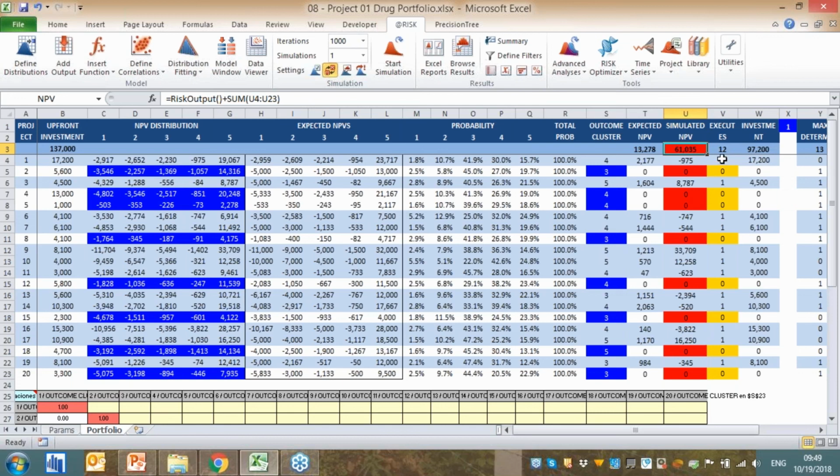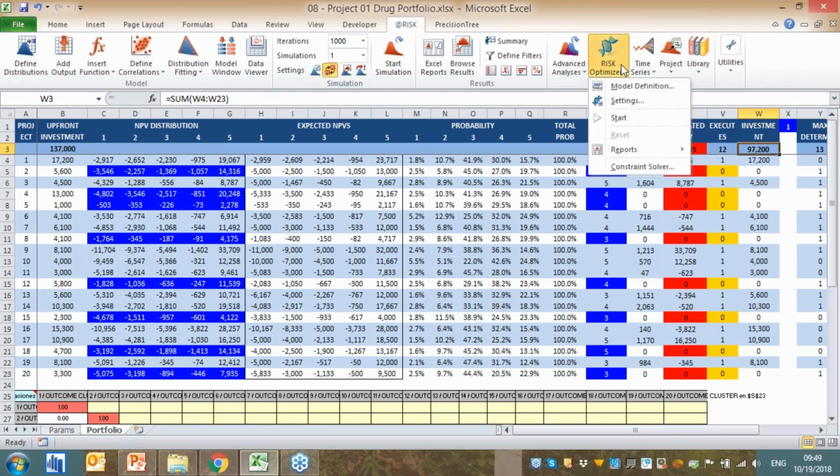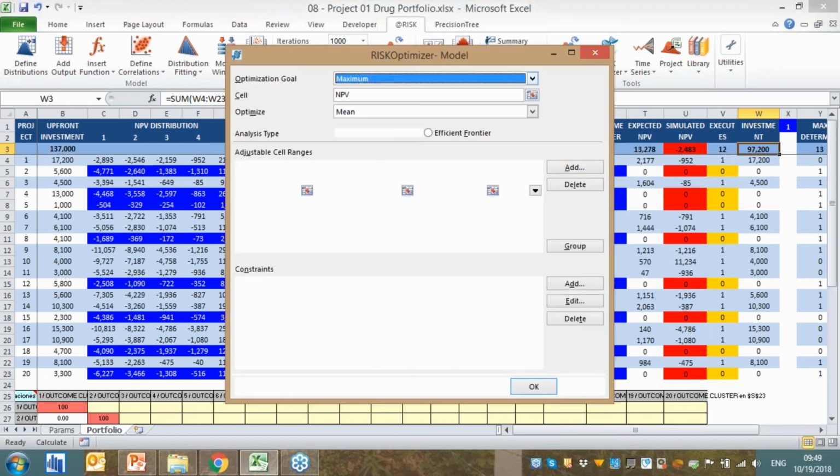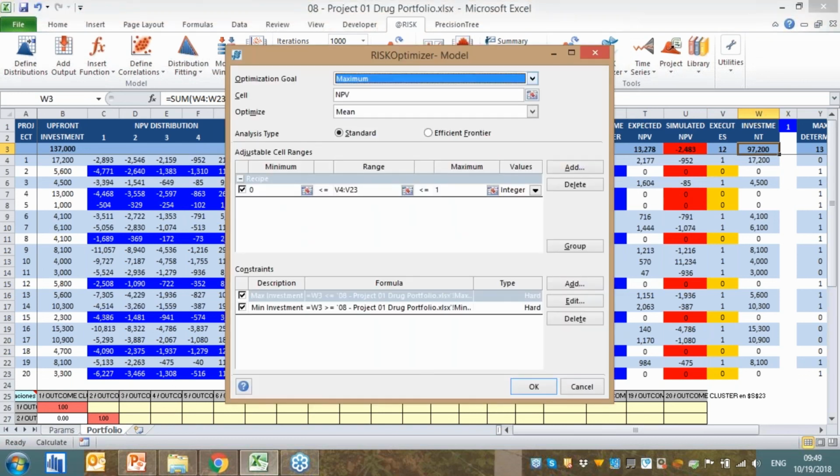What is the combination of projects that I shall execute over here in order to maximize the simulated NPV of my portfolio, and at the same time, stay within my budget of $100,000? Well, that can be solved using the definition of an optimization problem, which merges optimization technology and simulation technology